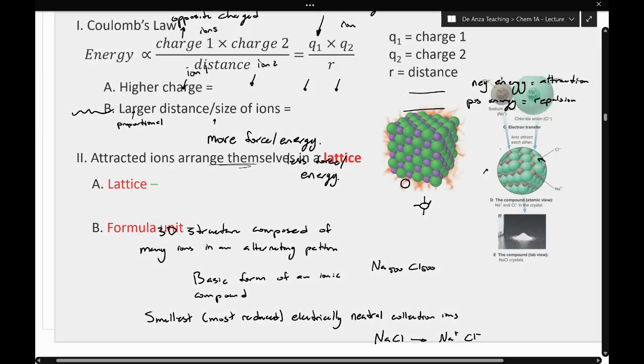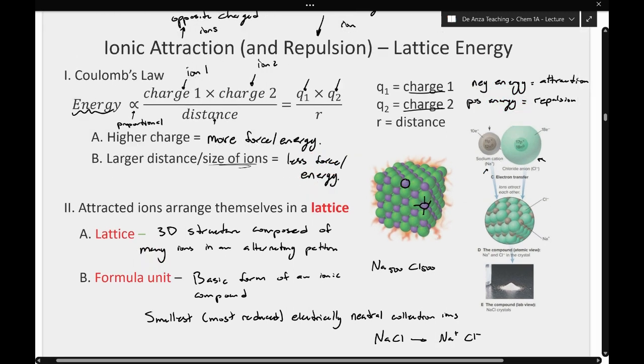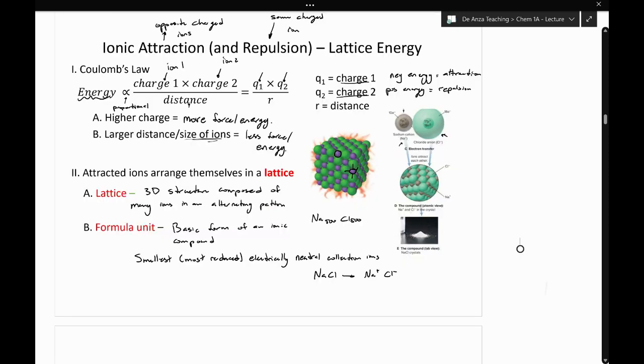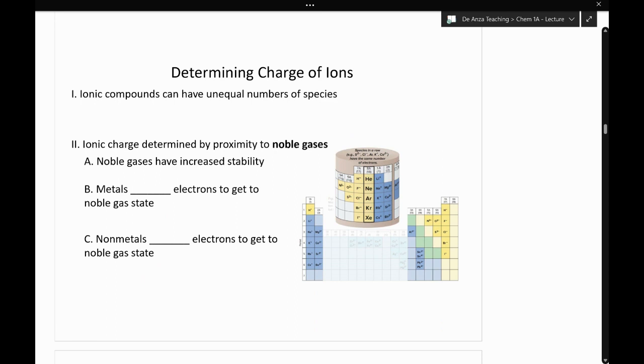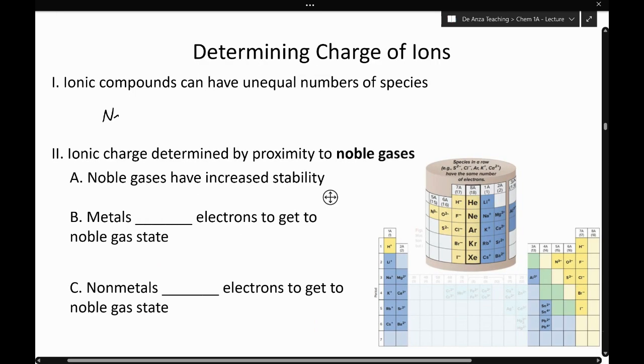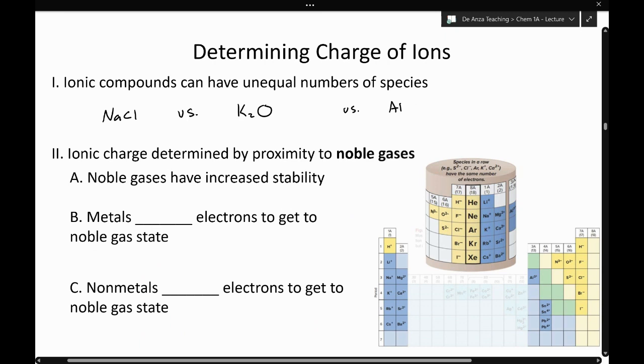However, sometimes things are not that simple. Sometimes things are a little bit more complex, and we don't always have a 1-to-1 ratio. Sometimes we have ratios that are a little bit different, so it's really nice and easy when we have something like sodium chloride. But sometimes we have something that has a form that looks like this, K2O. Or sometimes we have something like this, AlCl3,